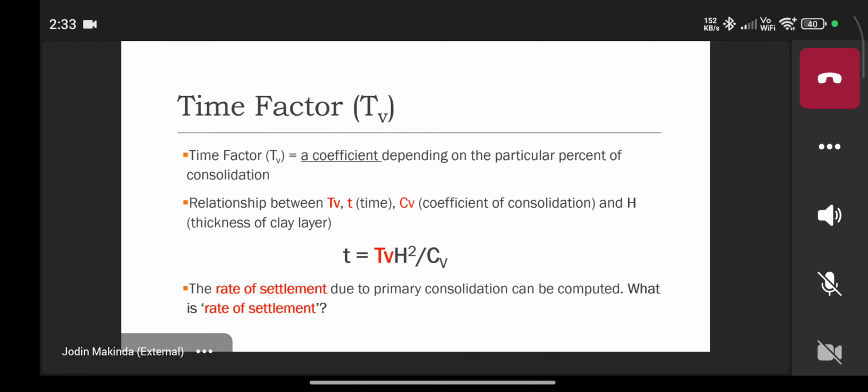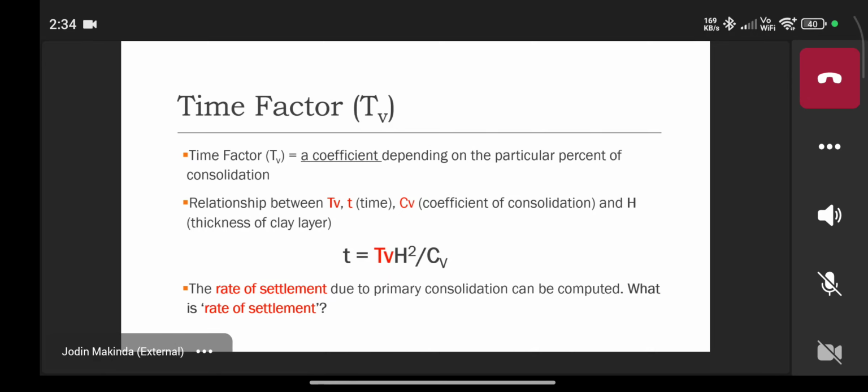What is time factor? TV is a coefficient depending on percentage of consolidation. For example, if